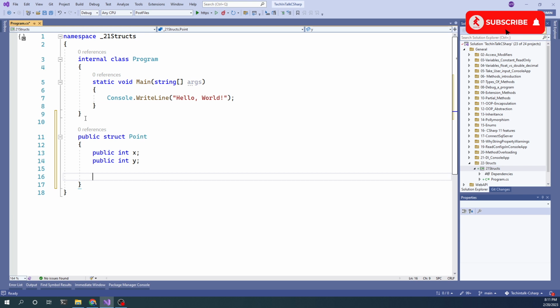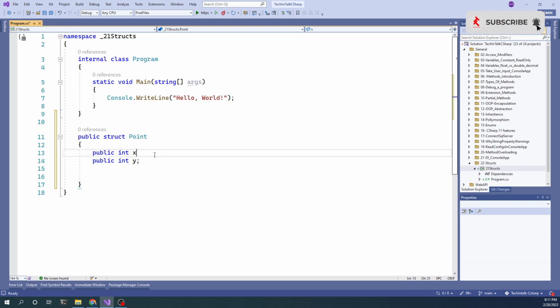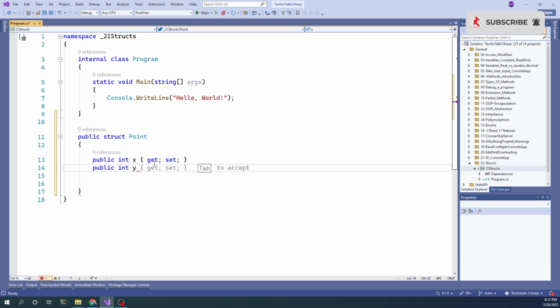This is the first thing. We can have multiple properties inside a struct. We can create it this way,